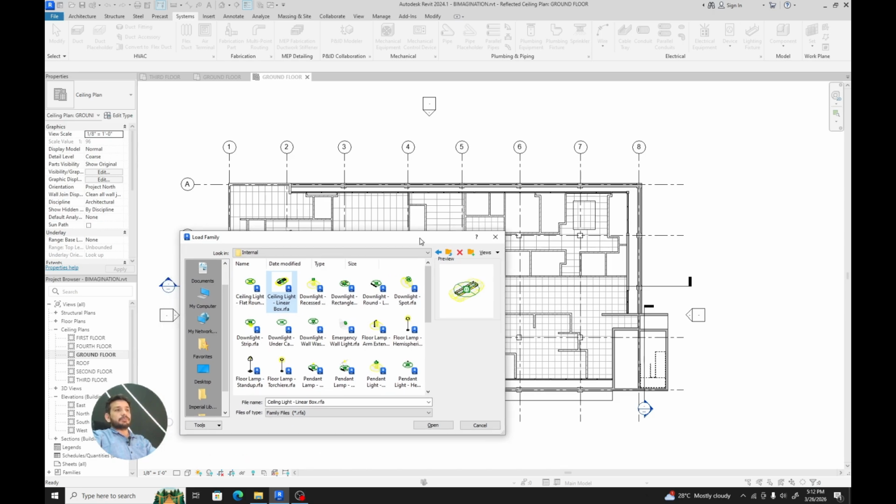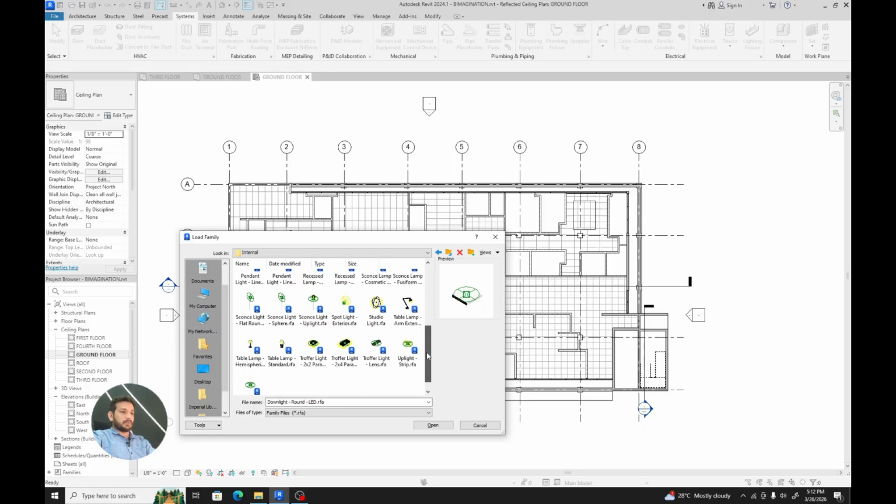So let's try to import two or three types of lights into our plan. So this is a linear light. Let's just place, if we have the light that is 2 by 4 or 2 by 2 in size. So I have a troffer light which is 2 by 2. I will click this one, and also 2 by 4,